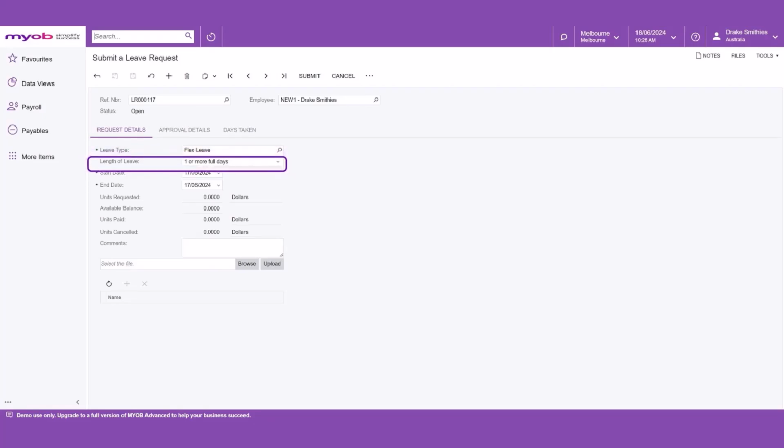Enter the first and last date of your leave. When entering leave for less than 1 day, use this field to enter the number of hours of leave just requested. If you asked for more than 1 full day, this field is red only, and the units are calculated based on start and end dates in Australian sites.